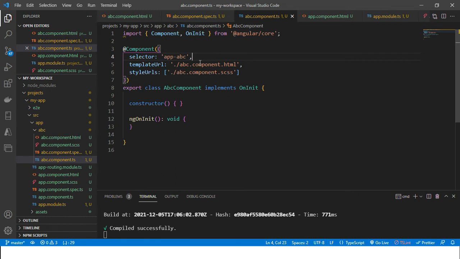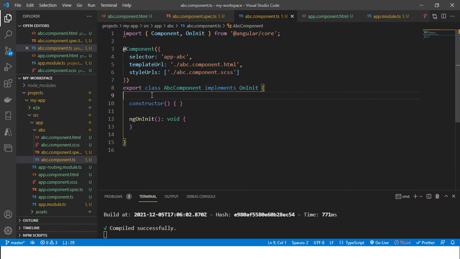Now this is the application logic. I want to insert data from application logic into presentation logic, because the HTML and component logic are separated. That is the main feature of Angular.